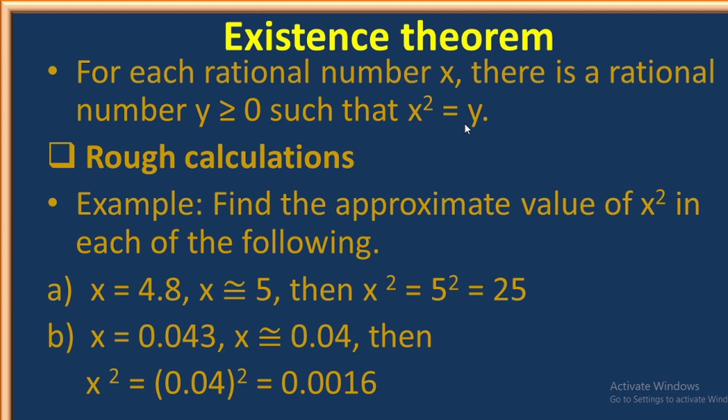This means every rational number has its own square numbers. Every rational number has a square that is a rational number, which means take any rational number, square it, and the final answer is also a rational number. Okay, after completing the existence theorem, let me see what rough calculation means